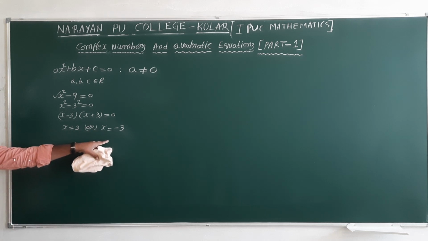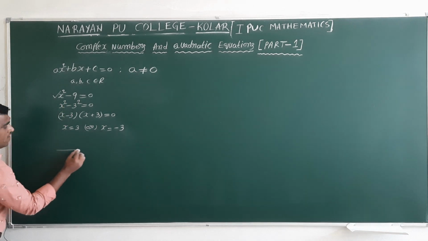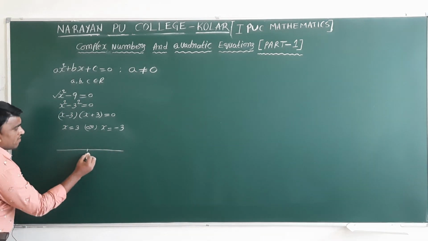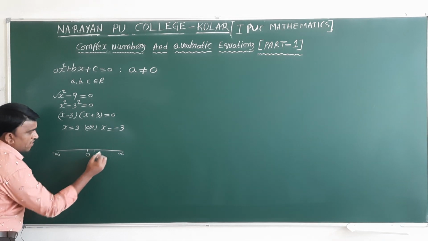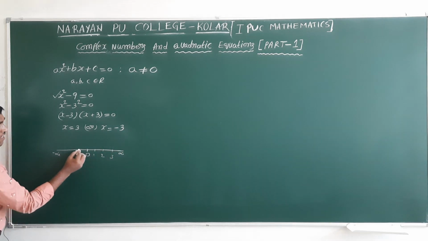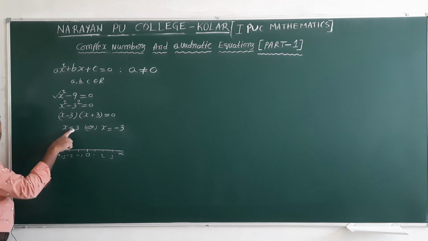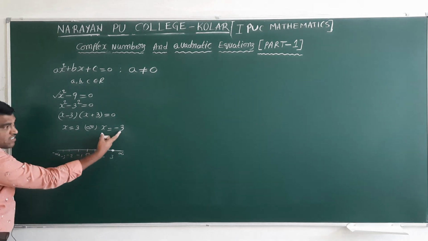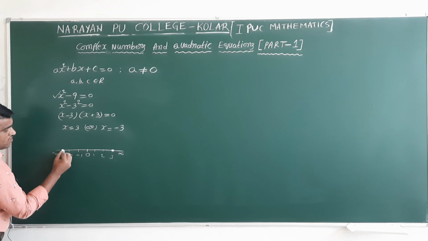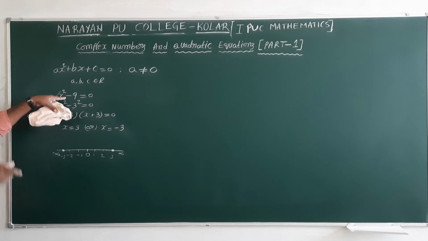Then how do we represent these two solutions on the real number line? Earlier we studied how to represent linear functions. In the same manner, take the real line, here 0, minus infinity, plus infinity, on the right side values 1, 2, 3 and so on, on the left side minus 1, minus 2, minus 3 and so on. At x equal to 3 we got one solution, here 3. And one more solution is minus 3. These two are the solutions of the quadratic equation x square minus 9. These are the real solutions for this equation.